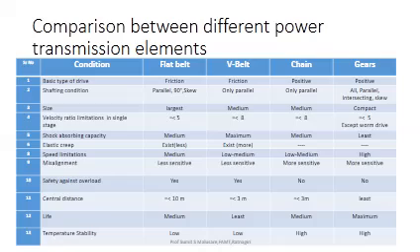Now we have to start with a comparison between the different power transmission elements. First, the basic type, already discussed: flat belt and V belt are friction drives, and chain drives and gear drives are positive drives. Then the shafting condition. Two shafts, input and output, are coupled by means of our power transmission elements. Those shafts may be parallel to each other, intersecting, or non-parallel and non-intersecting, which is called the skew shafting condition.